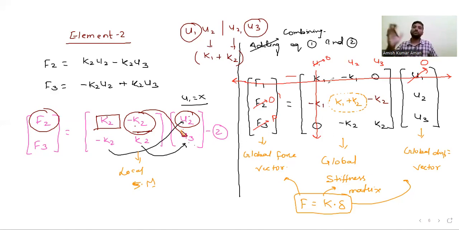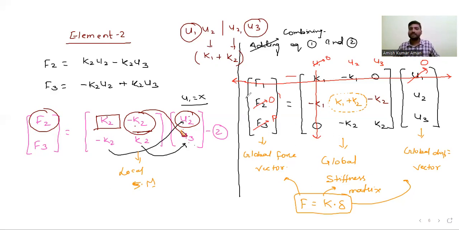Suppose u1, u2, u3 are there. So first column will be for u1, second will be u2, third will be u3. So if u1 is 0, remove the first one. If u2 is 0, remove the second one. If u3 is 0, remove the third one. So if you have removed this, then what we have, the